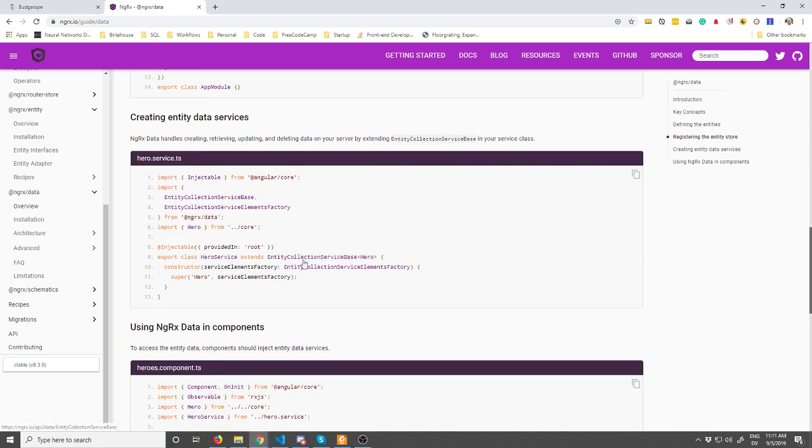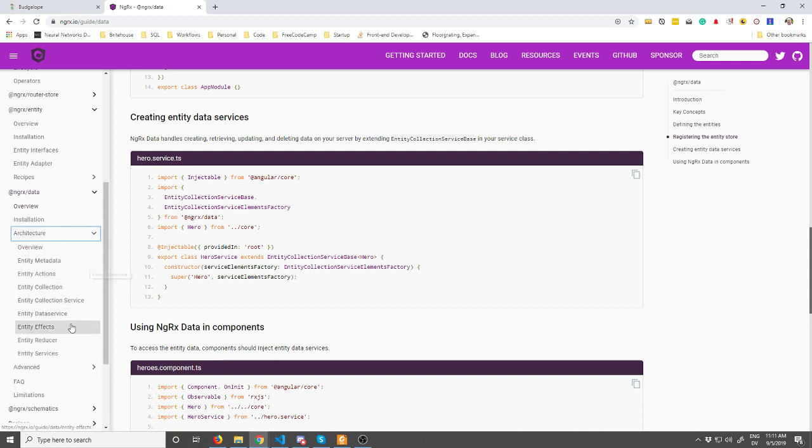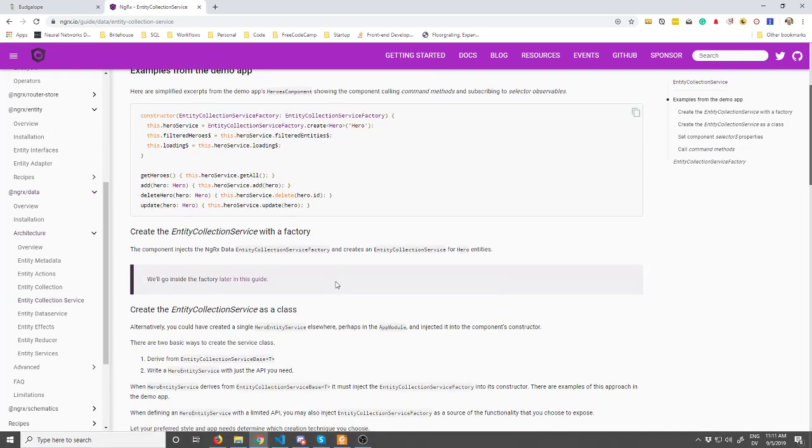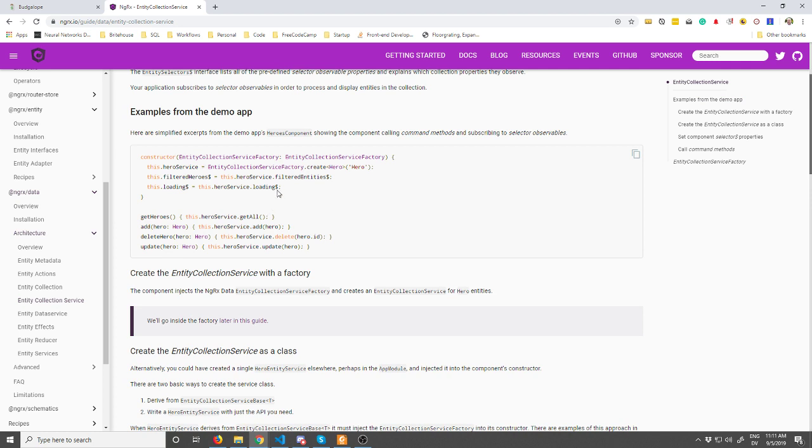See here, the EuroService just extends the entity data service, but the way that it does it here is different. We use the entity collection service, which get euros, add, delete euro, update. This EuroService